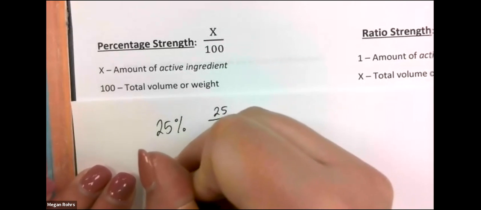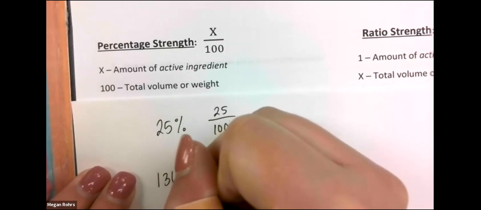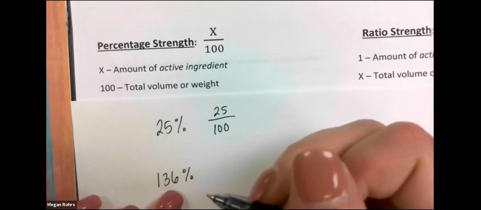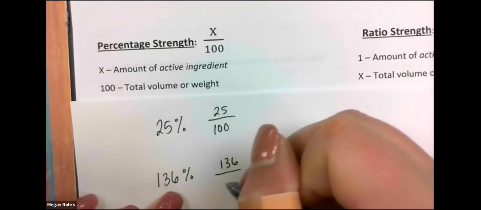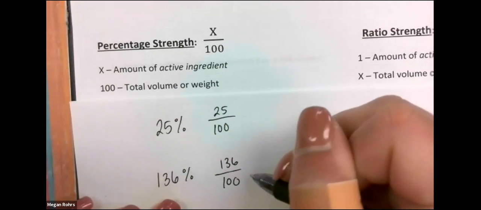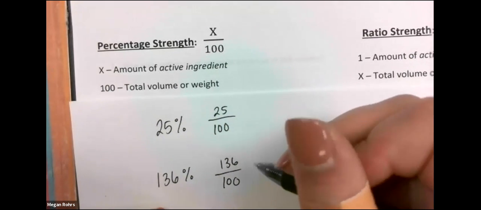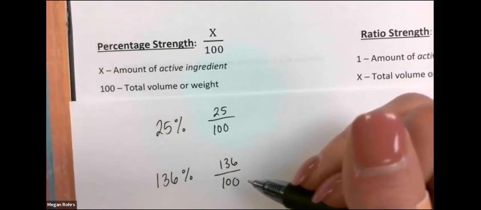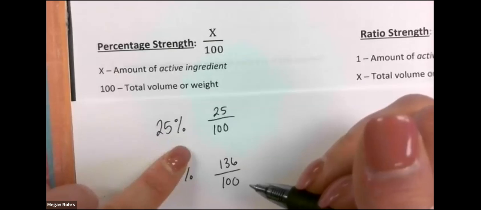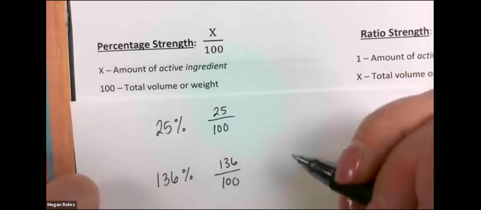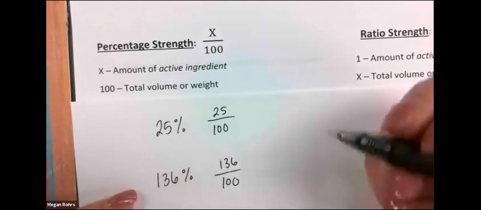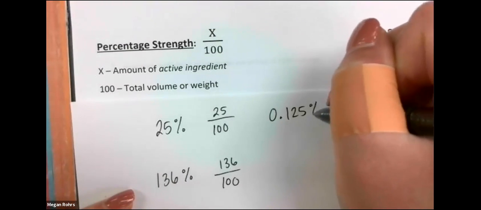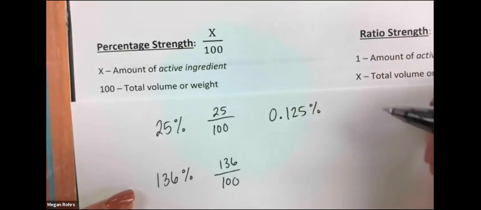Let's do 136%. Just take this number, put it over 100. Now in this case, we could reduce, and you could really reduce this one here as well. I just want you to get in the habit of anytime you see a percentage, take that number, put it over 100. Even if it's a decimal, 0.125%, change that to a fraction,